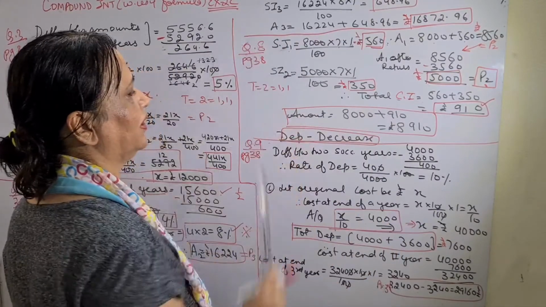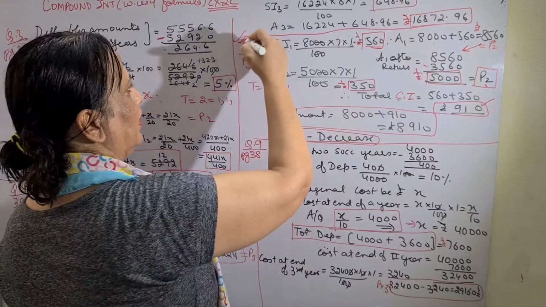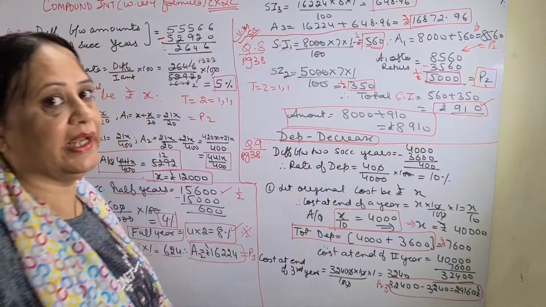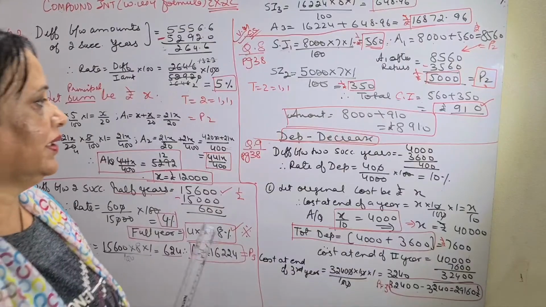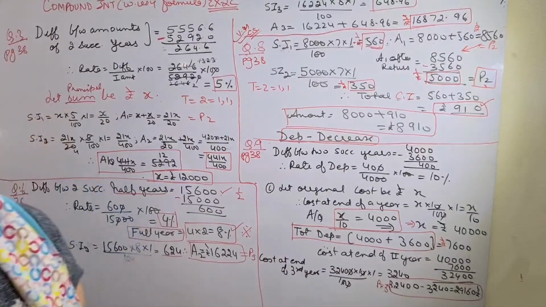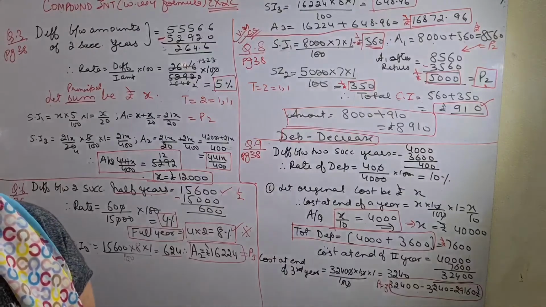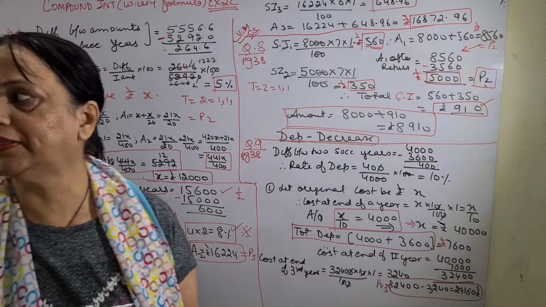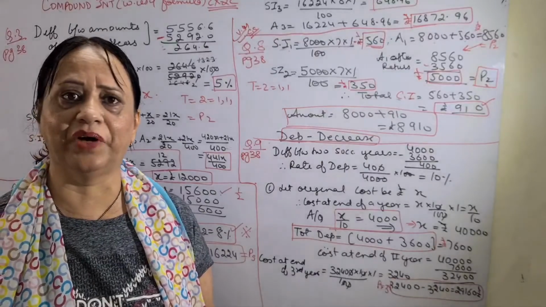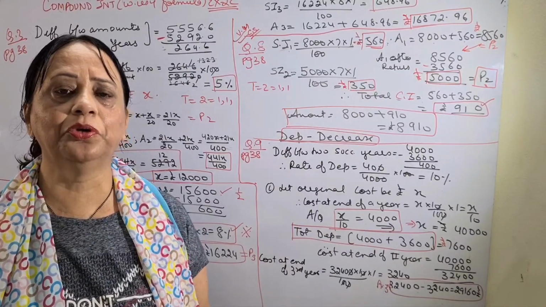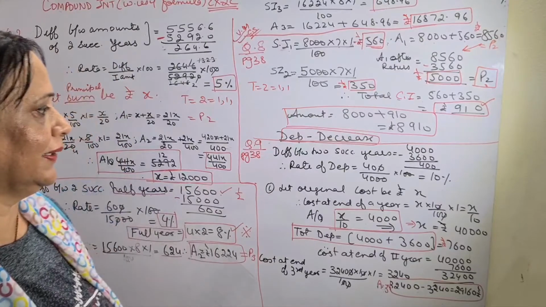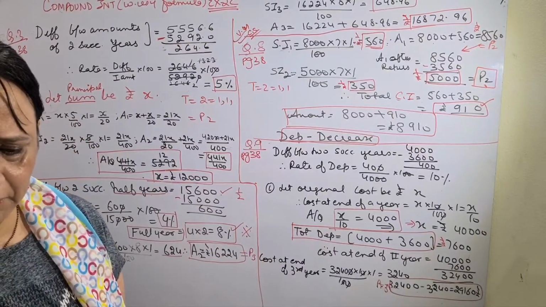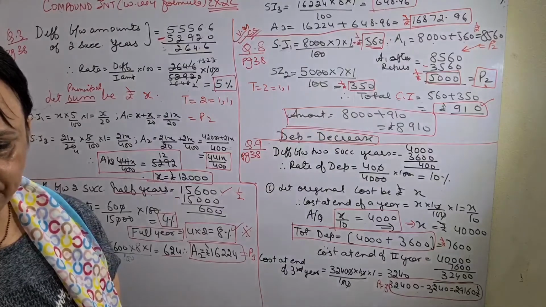So be careful about this question. This is again one of the very, very important sum of compulsory section. Section A, children, be careful about it. Then come to question number 9. Again it is a question of depreciation. And depreciation I have already discussed with you. It means decrease. Decrease means after you find amount, you have to minus it. Minus the interest. For example, they have given that the cost of machine depreciate by 4 rupees.